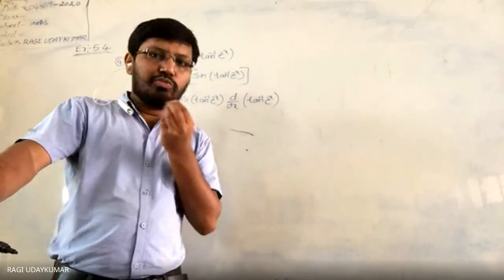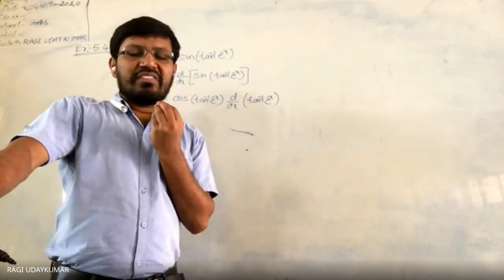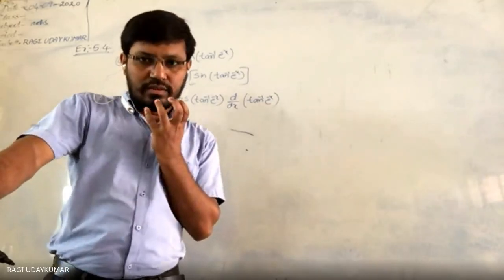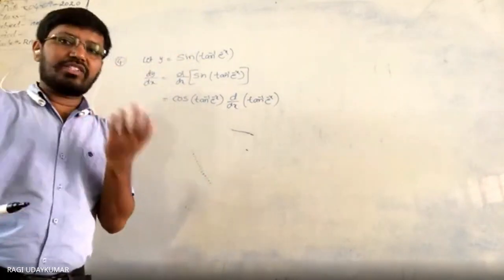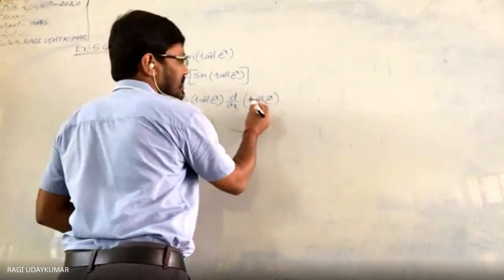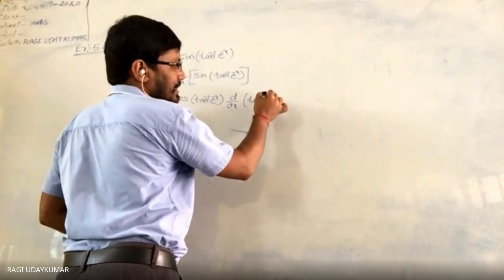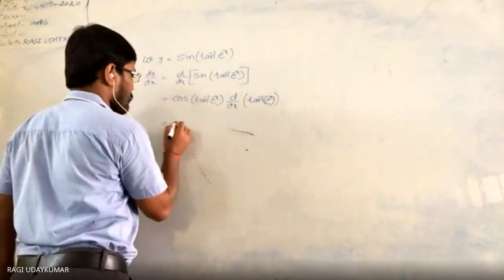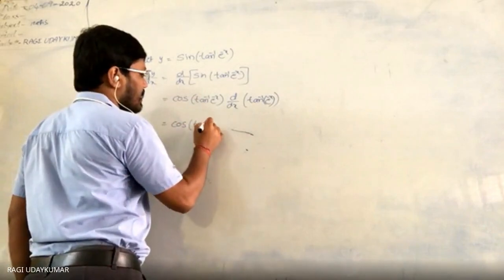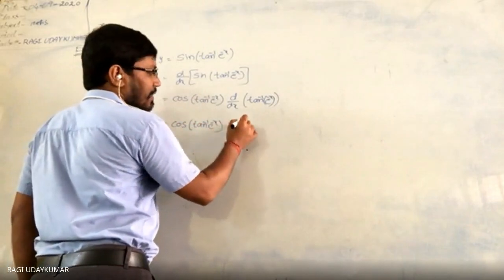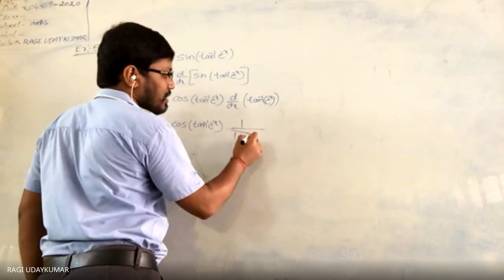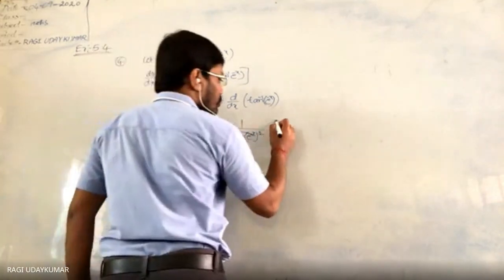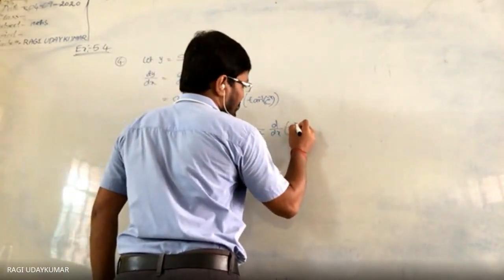All these you have to, it should be on the tip of your tongue. Differentiation of all the trigonometric functions, and inverse trigonometric also. So now here this is tan inverse. Here this one you consider as x. So tan inverse x differentiation is 1 by 1 plus x square. So this is equal to cos of tan inverse e power minus x, 1 by 1 plus, e power minus x is there, e power minus x whole square. So now again you have to do the differentiation of e power minus x.